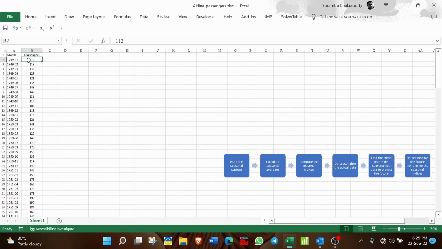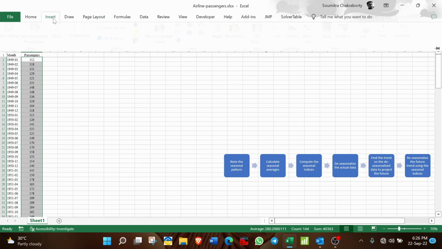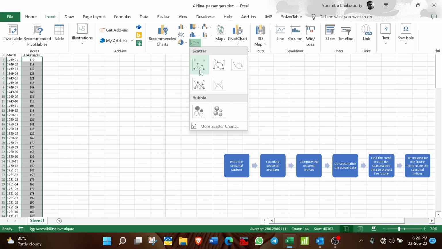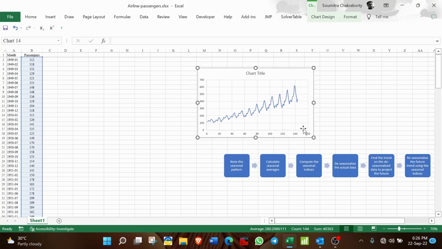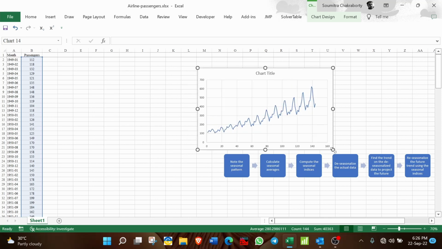Now, before doing anything, we will make sure that we are working with a time series plot. So we will select the entire range of passengers and then go to insert, here scatter, and select this particular option. So you see this is the chart output, and just by looking at the chart you can say that it is a multiplicative model. Why? Because the extent of seasonality is increasing as we are increasing the period number. So with the trend, the extent of seasonality is increasing. So therefore it is a multiplicative model. So anyway, now let us